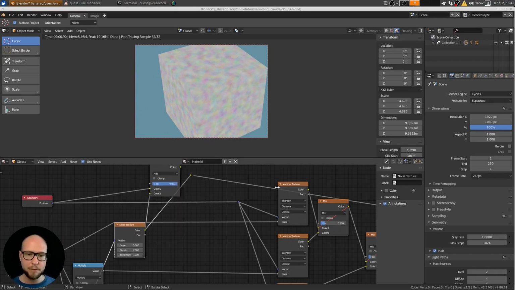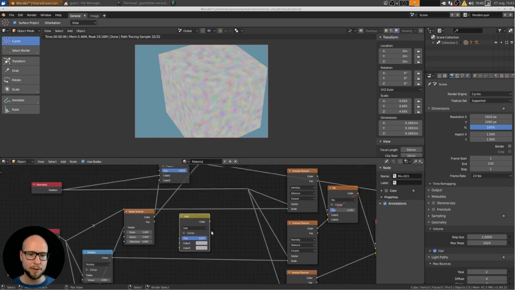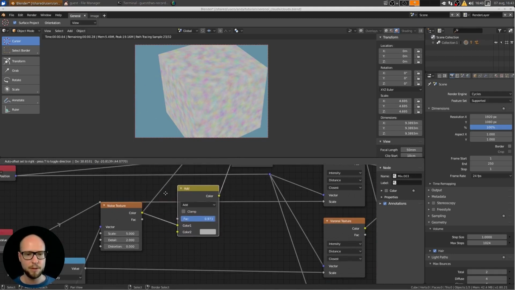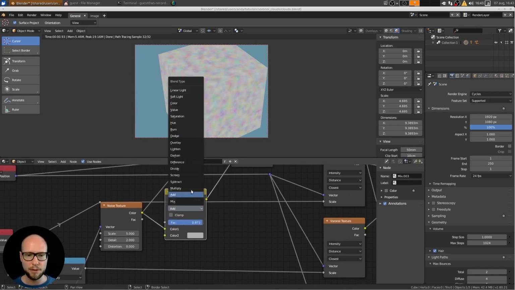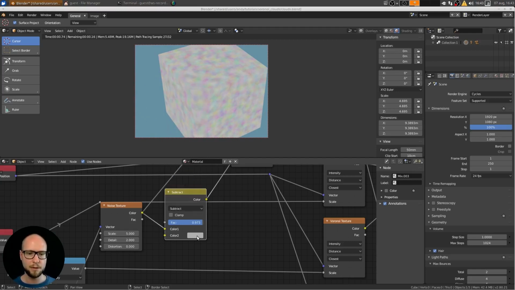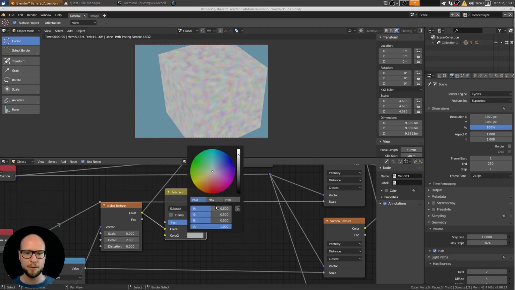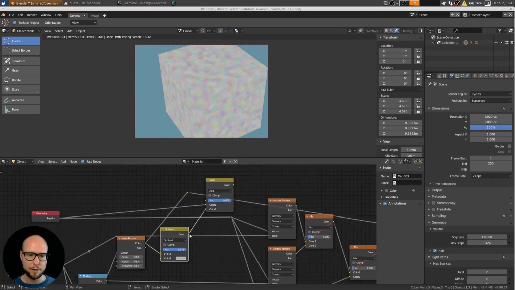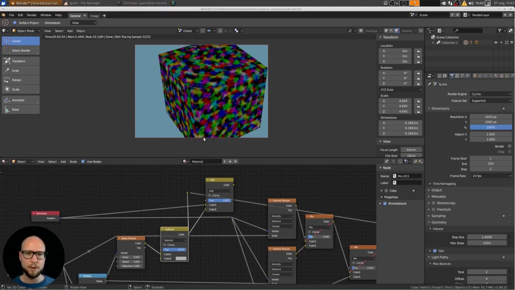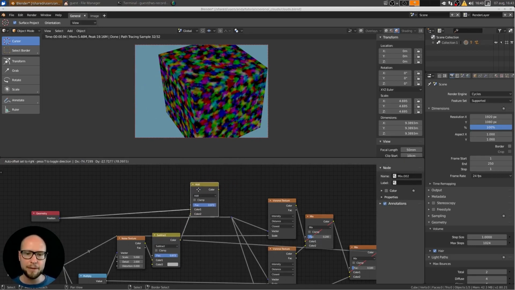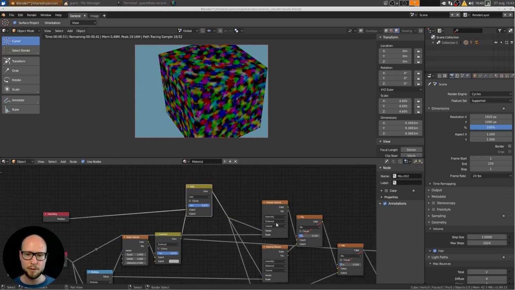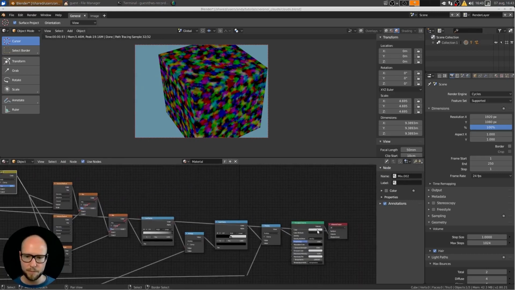We can do that really simply with a mix RGB node. We're going to subtract 0.5. This is already set on 0.5. So now this is oscillating between minus 0.5 and plus 0.5. And what happens is, now when we add this to the Voronoi textures,